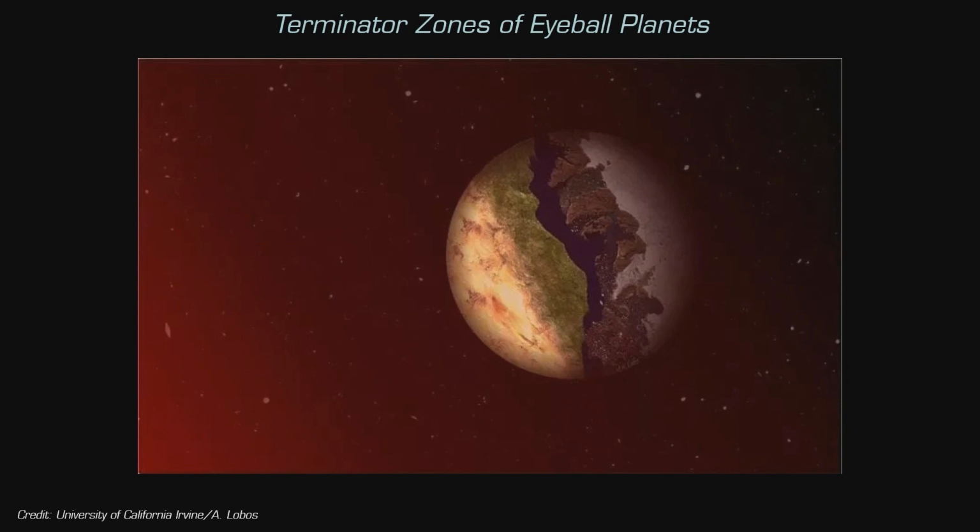Eyeball planets are basically planets that have one part of the planet facing their parent star at all times. And so what happens is that one side of the planet gets baked, and the other side, since it always faces out towards space, away from the star, gets frozen. The reason why they're called eyeballs is because you have something that sort of looks like an eye, depending on if you're looking at it from the right direction. And so if you have a frozen side on one side and a desert side on the other, you can imagine that the region in between these two could actually be pretty nice. Instead of being frozen or being a desert, you might actually find water or a region that's habitable to potential